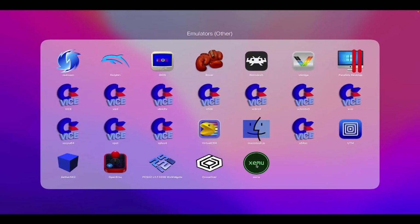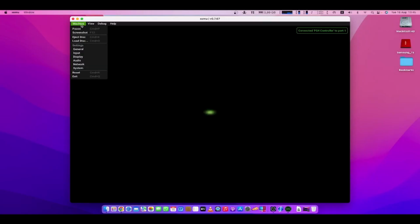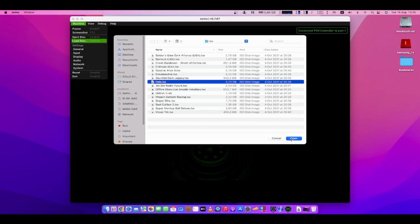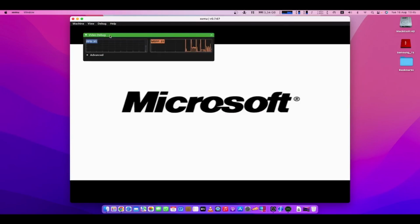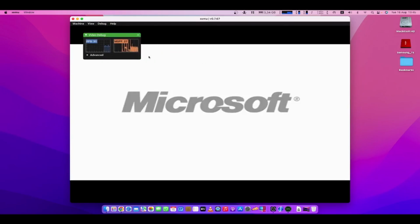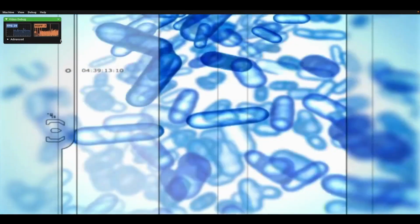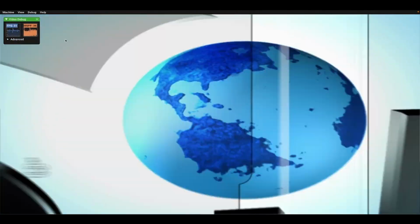What else? Oh, Xemu. I'm not sure if that actually will work. Load disk. Oh, here it does recognize a PS4 controller natively. Let's see. Halo? Yeah, Halo. And then do the video debug and show you there have been some serious speed improvements,